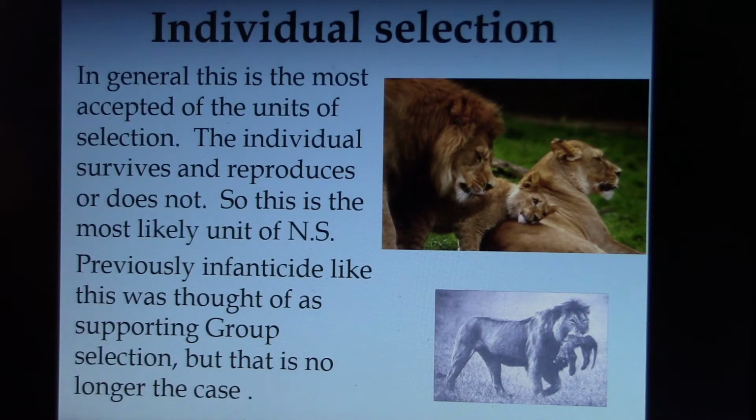But then when people started looking at it, like with the lions, for example, this infanticide is indeed something that happens with lions, but it happens right after a takeover. Lions live in matrilineal groups, so they are related females. And the males that live with them, the adult males, come in from elsewhere, which is great because that allows for optimal outbreeding. So they're not their dads or their uncles. They're unrelated lions. So when a young male lion gets old enough, he's kicked out of that group.